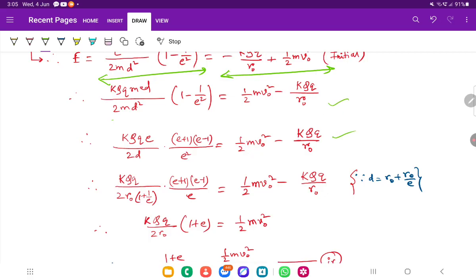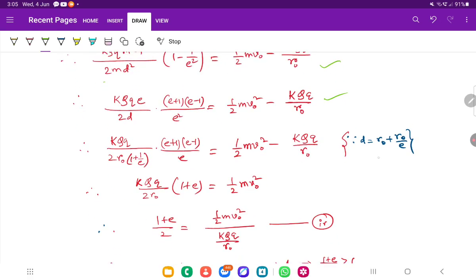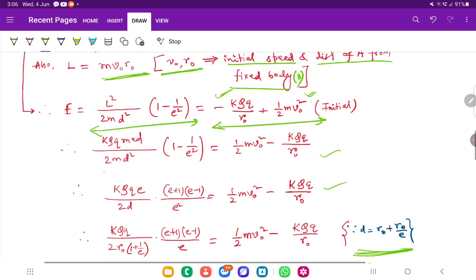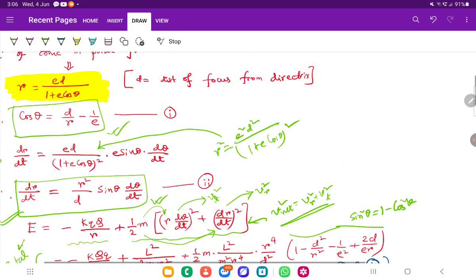So I think these steps are self-explanatory, but yeah, this one is a catch. Not catch, I would say, but rather substitution, because D we have assumed, right? D was not given, or rather we are not even interested in finding out the energies in terms of D. We want to get the term R naught so that you can relate the initial energies. So I've written D as R naught upon R naught by E, because if you put theta equals to 0 degree, the initial condition, you will get R, that is basically R naught. Putting theta equal to 0 in this polar form,